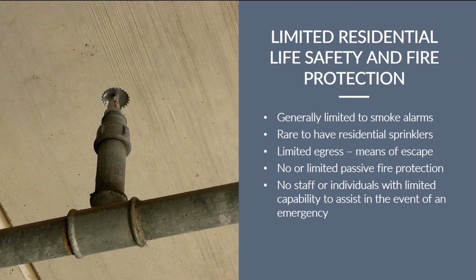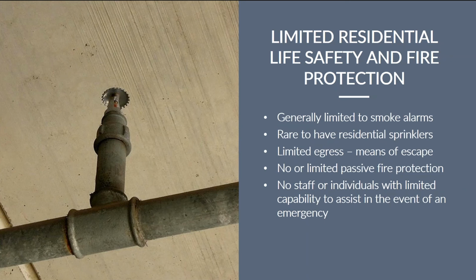One of the other code issues is that in that residential 1 and 2 family environment, our egress is limited. As a matter of fact, for the code geeks that are listening to us this morning, you realize that in 1 and 2 family dwellings we really don't even talk about egress, we talk about means of escape. And part of that could actually be windows. Obviously, someone in the older population segment that has limited physical capability would not be able to take advantage of that secondary means of escape.